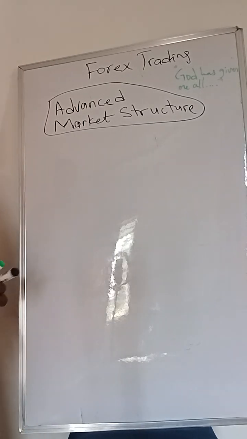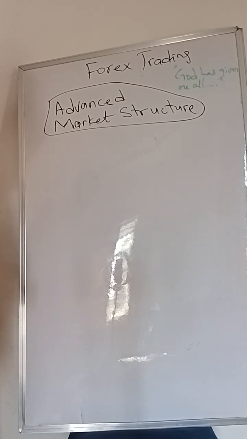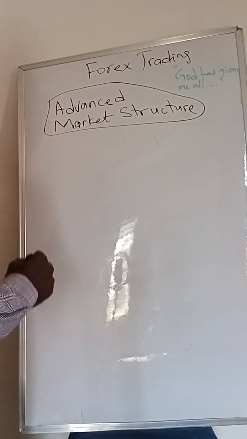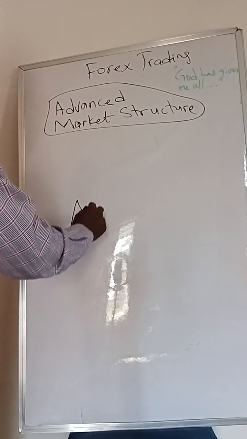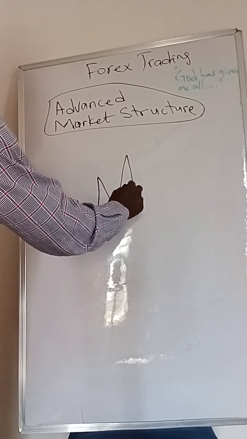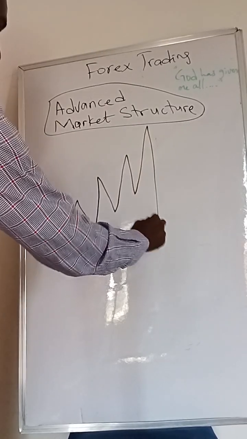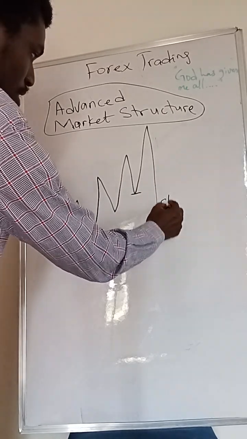Okay, today we're going to look at advanced market structure. We have looked at market structure in the past in the simple form, whereby we identify that a market structure is when a market is creating a higher high and higher low, a new higher high, higher low, higher high, higher low, higher high, until it comes down to break the last higher low, which will now give us a change